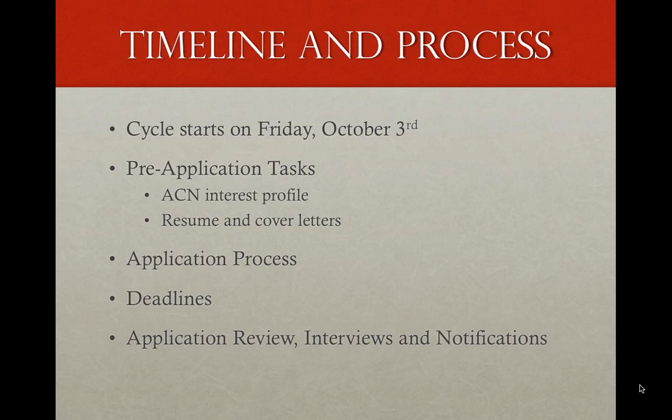You can kind of just get a feel for what you might be interested in this year. Before you apply, there are a few things you need to do. One is you need to make sure your ACN interest profile and bio are completely filled out. And part of the reason for that is that we use that information when communicating to different partners about you as a candidate. So it's important for us to have a little blurb that's nice and neat that we can kind of pass on to give some background when we're also presenting your cover letter and your resume. Which leads us to the next thing you need to do. Please make sure you submit a resume and cover letter and upload them to ACN so that we have that